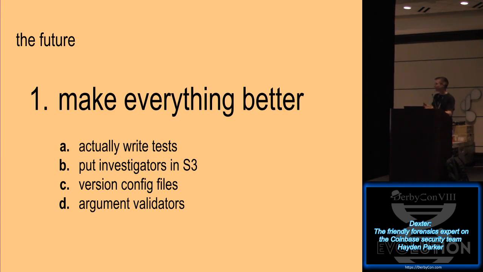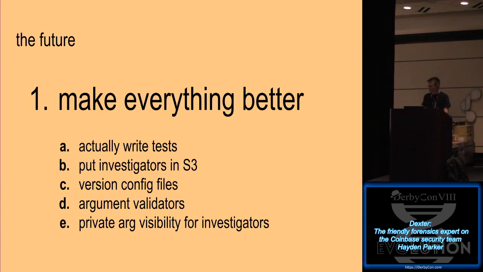Argument validators is a cool idea. The idea here is that I've got a minimum number of arguments, so the command line doesn't let you make nonsense. However, there are times when the arguments should be even more specific than that, and in those situations, it makes sense to just write a function that validates whether these are valid arguments. Then you can run that function on the daemons as much as on the command line interface, so that investigators don't make nonsense investigations.